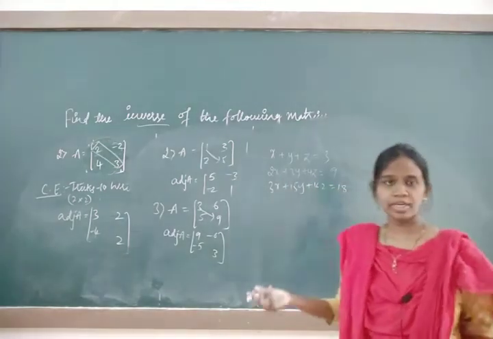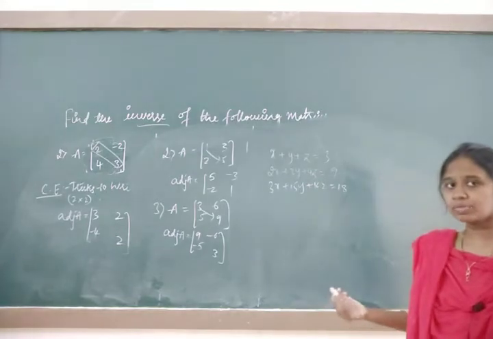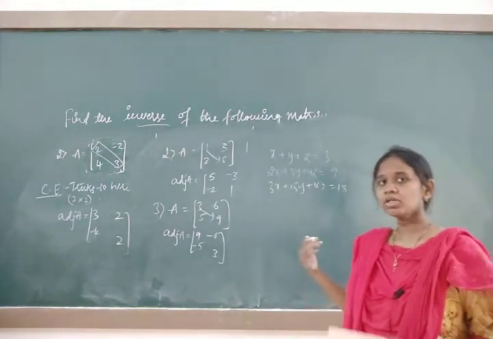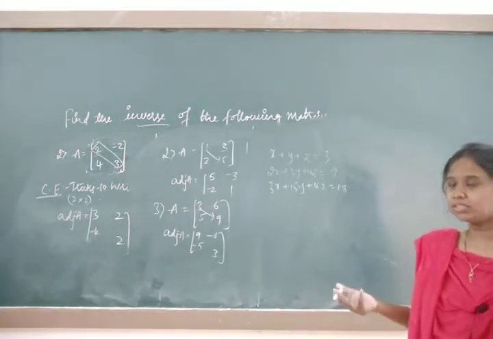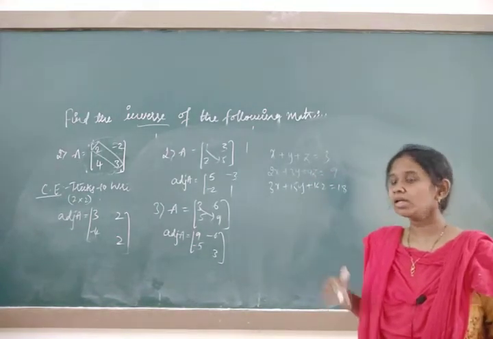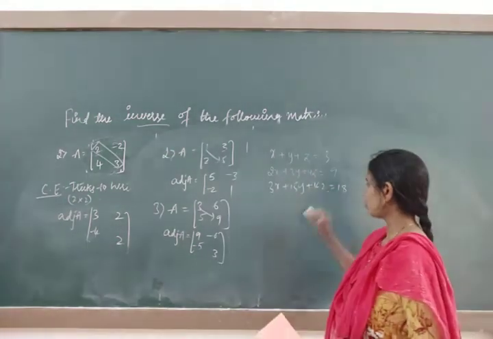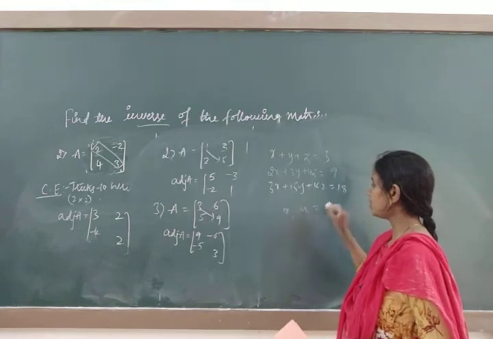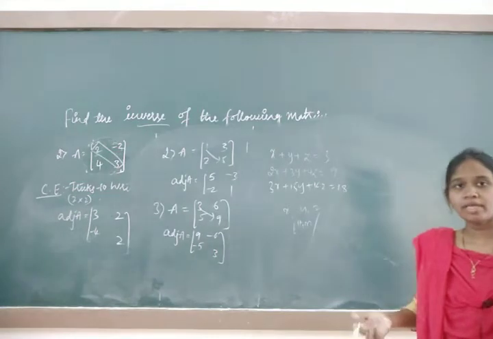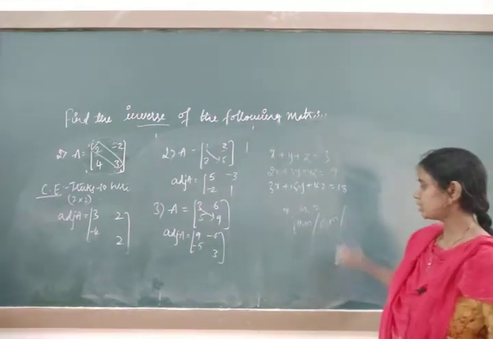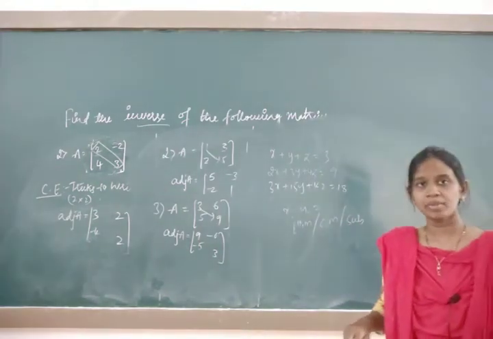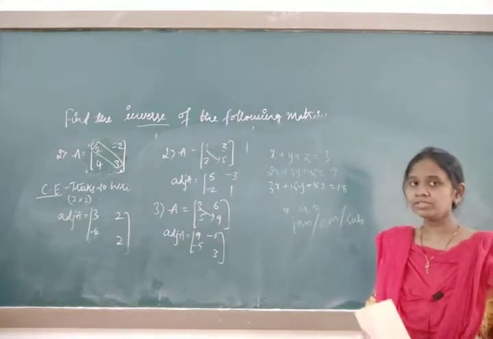See, this is a system of equations. Why is it called a system of equations? Because it consists of more than one linear equation. So it is said to be a system of linear equations in 3 variables. How to solve this type of problems? You are already familiar. Either you can find the values of x, y, z with the help of the elimination method, or the cross multiplication method, or the substitution method.